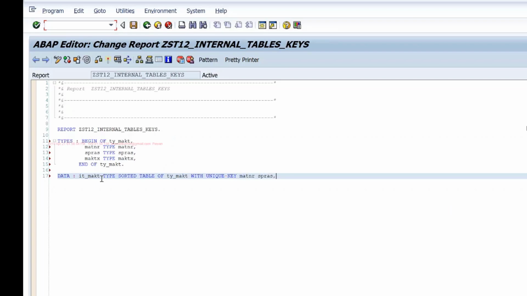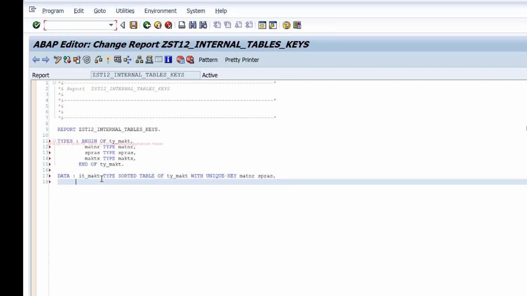So if I've defined this internal table like this, I'll also create a work area for this.